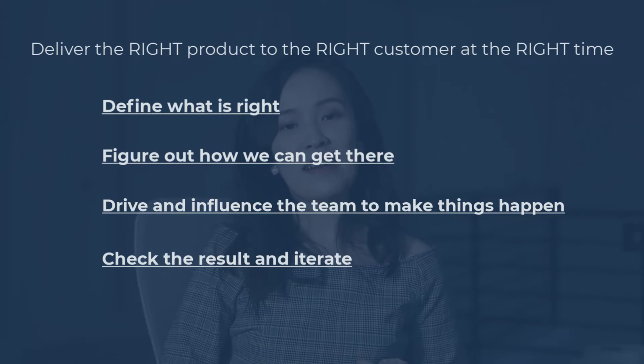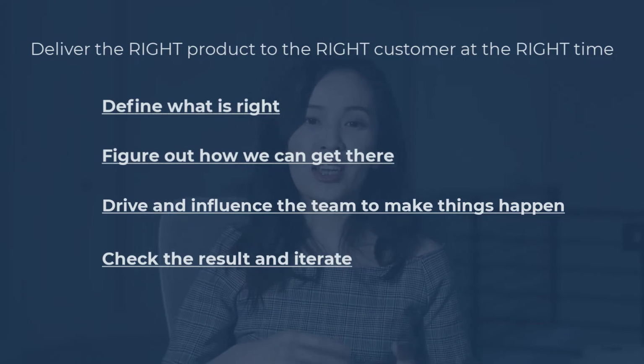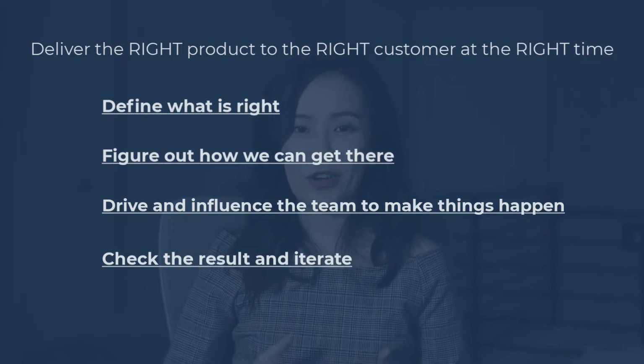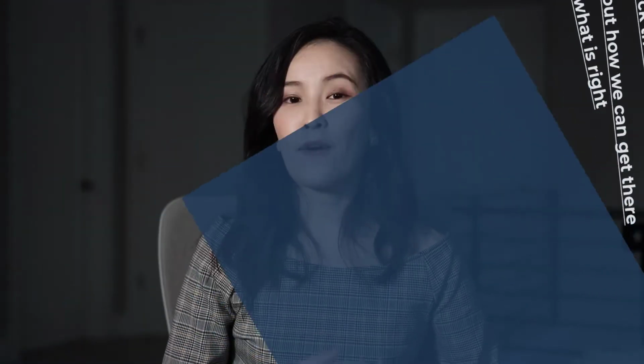After we ship the product, we need to monitor the key metrics of the product and see whether we have achieved the business goal or the product goal. We may or may not, but the next question is always about what else we can do and what else we can improve. Now we have finished the entire product lifecycle. It is really a loop. After you finish the last step, you always want to go back to the first to define what is right again and find more improvements to make for the product.